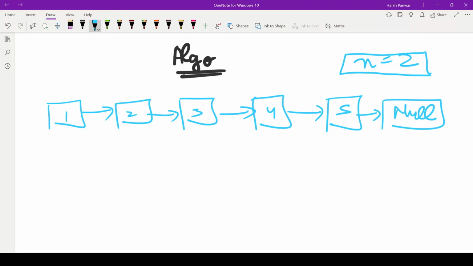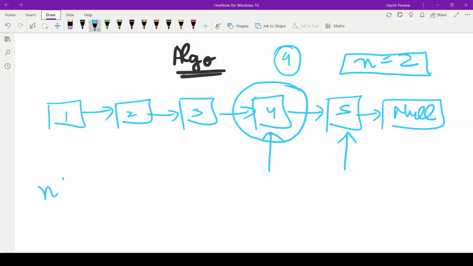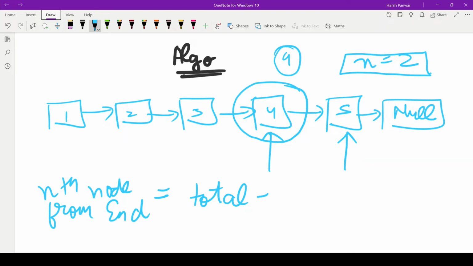So if we count backwards, this is the last node, that is the first node from the end, and this is the second node from the end. So this should be our output, that is we should return the value 4, right? So the thing you have to keep in mind here is that the nth node from the end of a linked list is equivalent to total minus n plus 1th node from the start of the linked list,